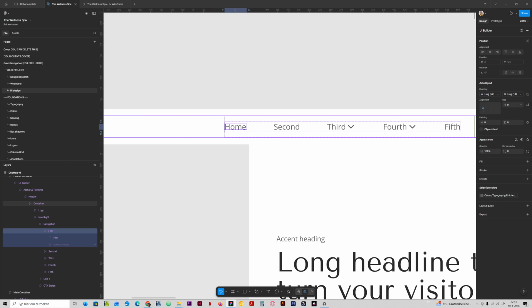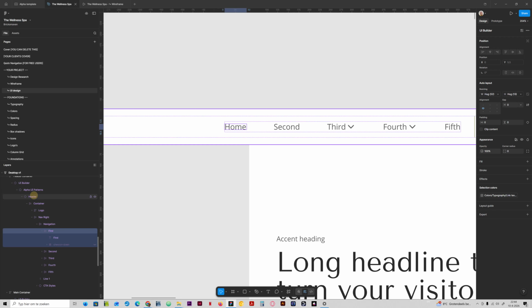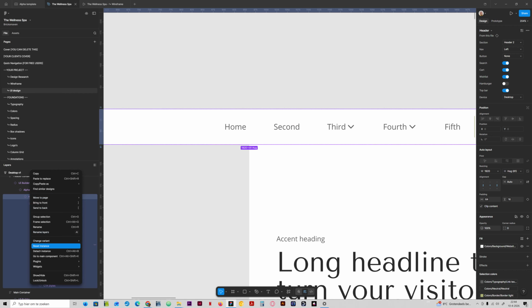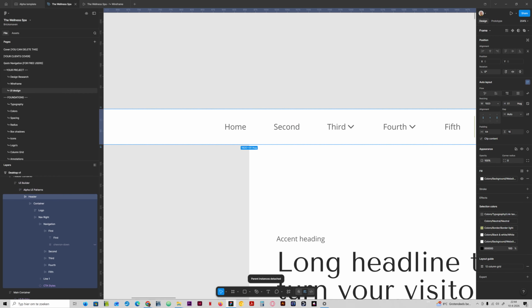I forgot one important step. I need to detach the component, or else I cannot create extra links. Figma also, by the way, has the slot feature, so I could add a slot to it. And then that will enable me to add more links. But in this case, I just need to detach this component, this instance. Sorry. So it's detached now,